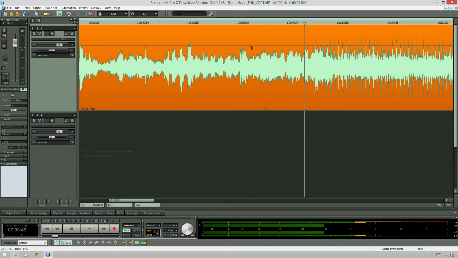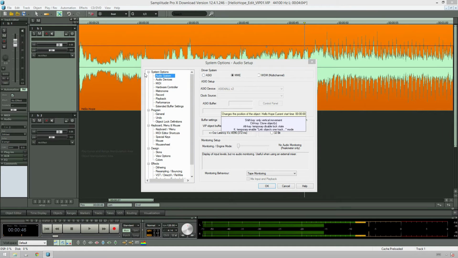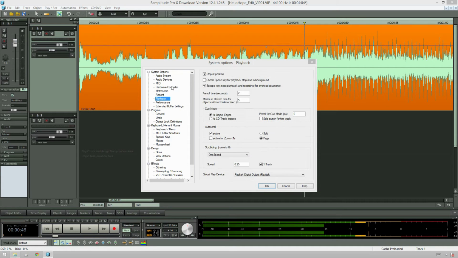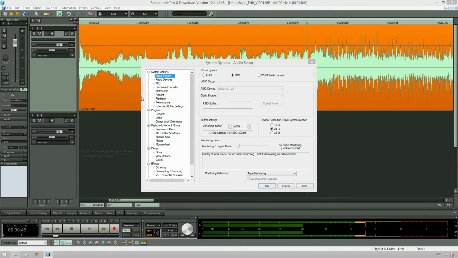Also, if you are in a digital audio workstation, normally you will be in not tape machine mode. I forget what not tape machine mode is called, but to change that, you'll normally just go to playback and, yeah, either check stop at position or uncheck return to original position or check tape mode editing. But that basically just means that the playhead will stop wherever you stop it, as opposed to otherwise